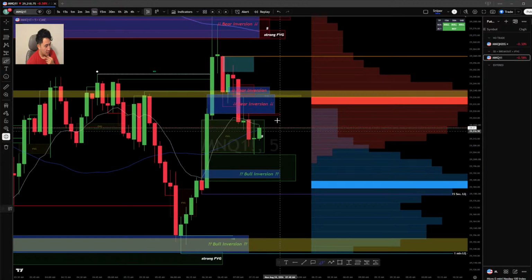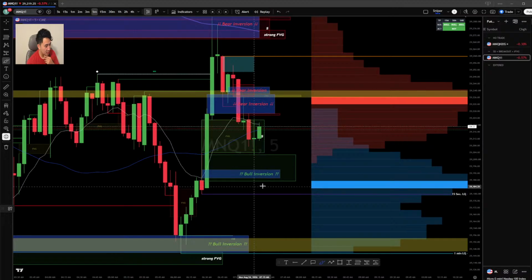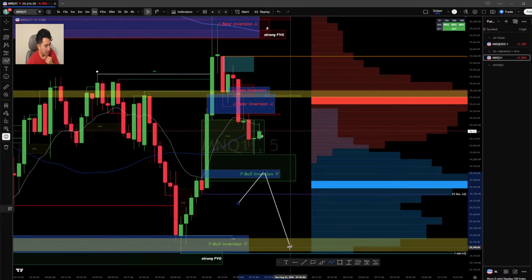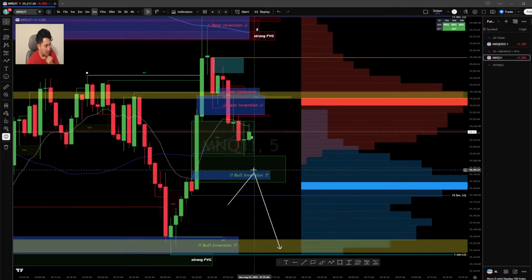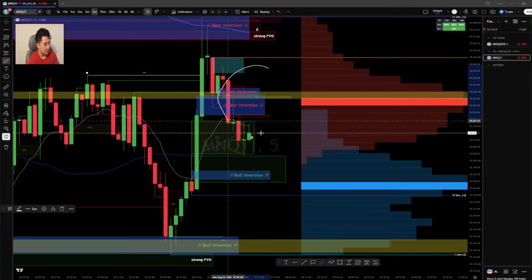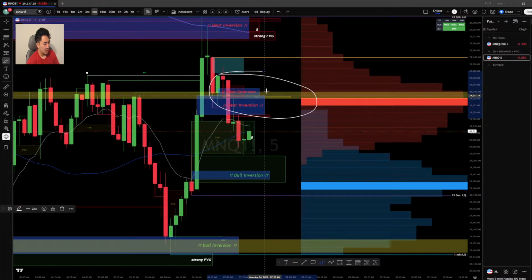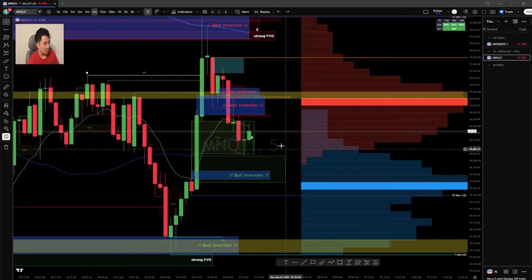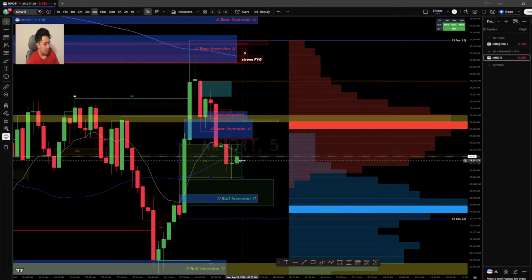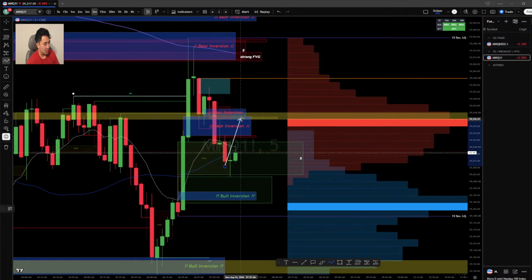All right, the price is going to continue, whether it wants to come down and break this bullish inversion down here. So if you're able to find any trades below this area and then target down here, that'd be better, just because there's not a lot of bullish structure up at the top here. If you're looking to take some buys for whatever reason and you're caught up in this bearish inversion trap, a lot of sellers, a lot of bearish structure up here, then that wouldn't be too good. Some may take some buys off this bullish FVG on the 5-minute, but then once you get up here, you're hitting all this bearish structure along with this resistance up here.